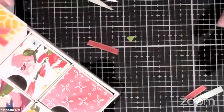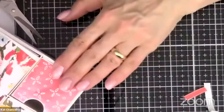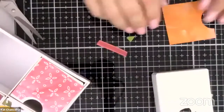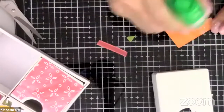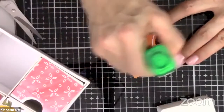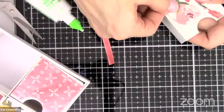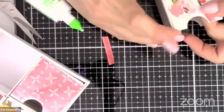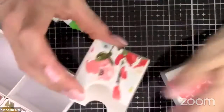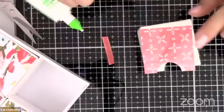Isn't that pretty? Look at that. You see how the first row is coming? Now this one is really nice, and I think I can just do that one kind of plain. So I'm just putting my glue right around the outside like that. See, and then what you can do is leave the flowered ones plain because they're already pretty, and then let's decorate these